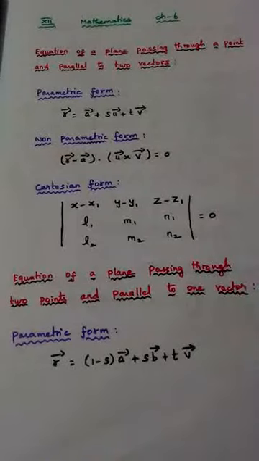Just a recapitulation of what we have seen before. We are in the 6th chapter, Applications of Vector Algebra. In that, we studied various things. In the previous class, we discussed the equation of a plane in various forms. That is, when a perpendicular to a plane is given and the distance between the origin and the plane is given, what is the vector form of the equation? In vector form, we have two types, parametric and non-parametric, and then the Cartesian form.